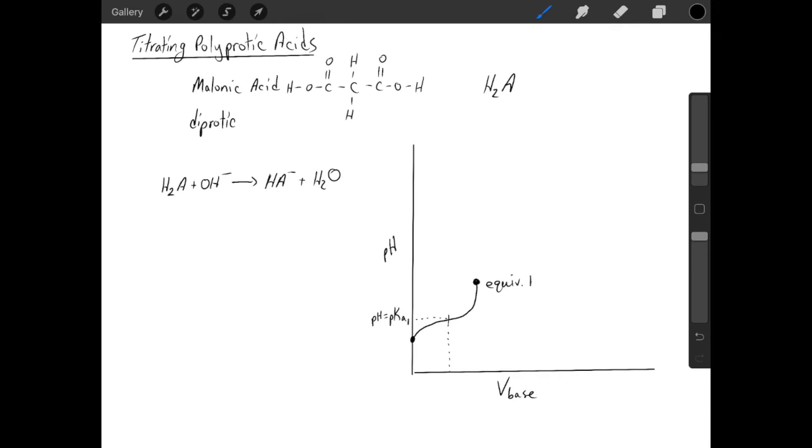Once you've fully converted everything to HA-, that will react with the added hydroxide ion. And halfway between equivalence point 1 and equivalence point 2, again, you're going to find a pKa value. This will be the second pKa value. And again, just like with a monoprotic acid, after you've removed all the acidic hydrogens, the pH will continue to increase if you continue to add base,